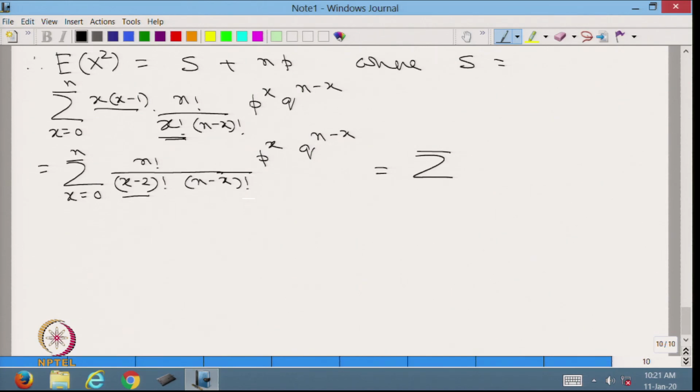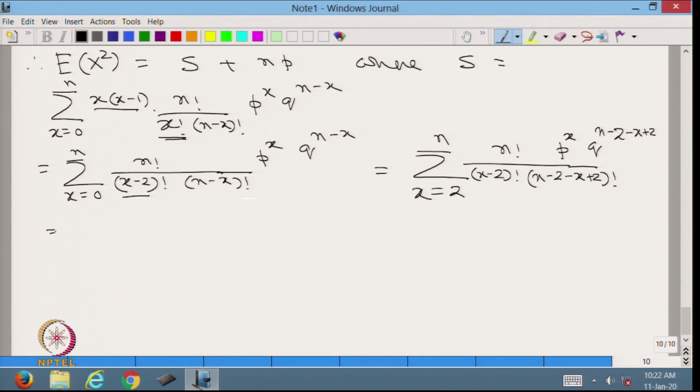So, this becomes sigma x equals 2 to n of n factorial over (x minus 2) factorial (n minus 2 minus x plus 2) factorial, p to the power x q to the power n minus 2 minus x plus 2,